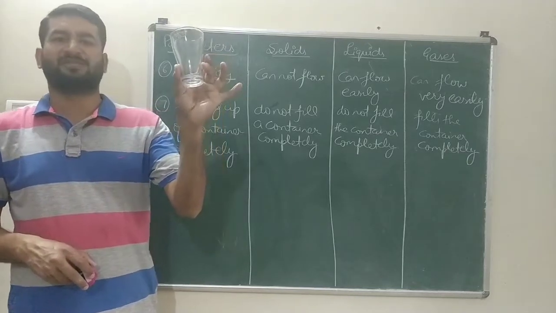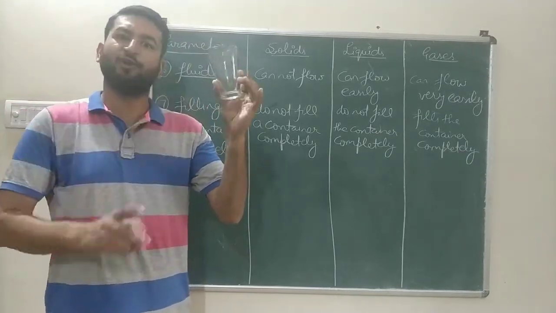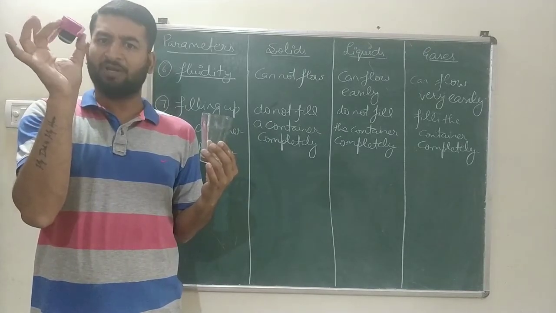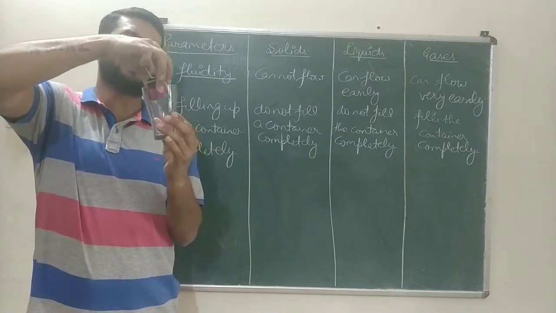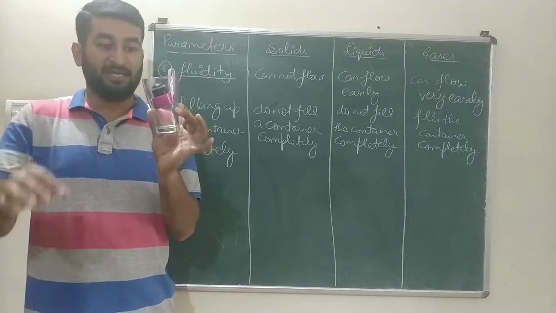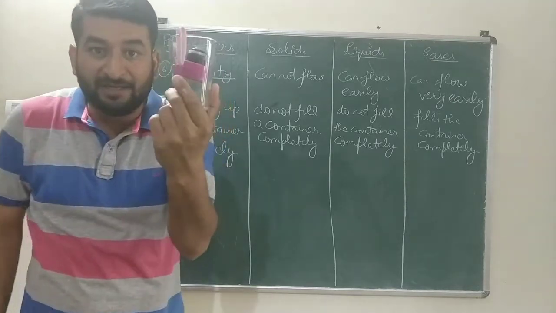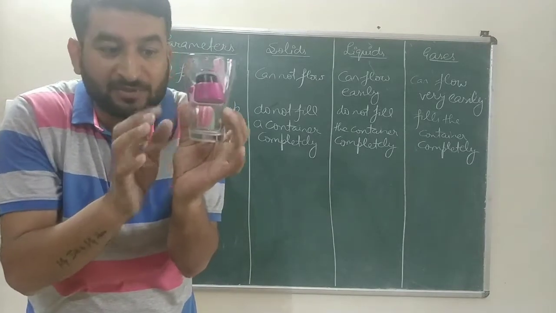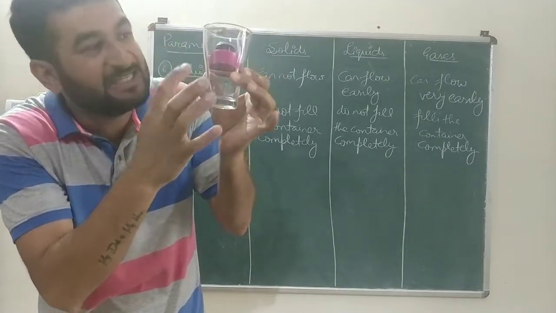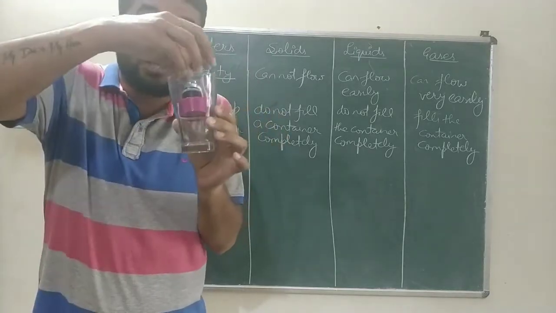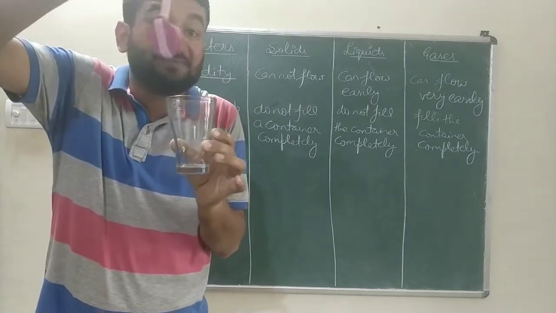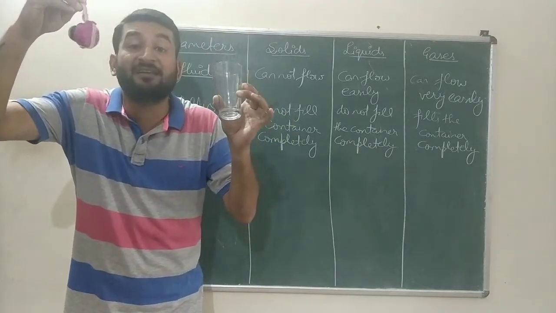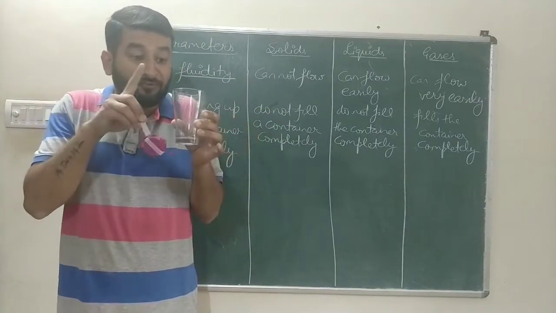Suppose this is a container, this is a glass. It has a fixed volume, it is empty. This lid of the water bottle is a solid. I place this solid into this glass. This lid only takes up the space equal to its volume. ध्यान से देखें तो नीचे भी खाली जगह है, ऊपर भी। इस सॉलिड के पार्टिकल्स पूरे ग्लास में नहीं फैले, तो सॉलिड्स डू नॉट फिल द कंटेनर कंप्लीटली।